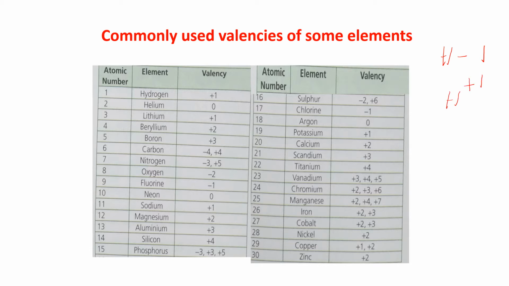That means it is associated with a charge. So here it is shown plus and minus, but actually valency is not having any charge, but we are using the charge when we are forming a compound, when we are writing a compound with the help of this element, then we are using charge and the valency both. Just see here, the nitrogen is having both the valencies -3 and +5. Okay, boron is having valency +3. Titanium is having valency +4. So all these things you have to learn.